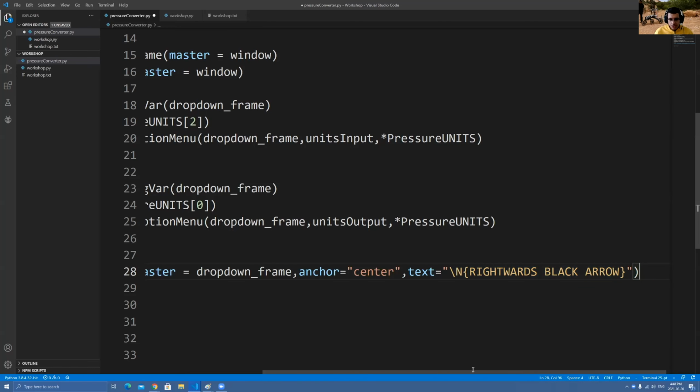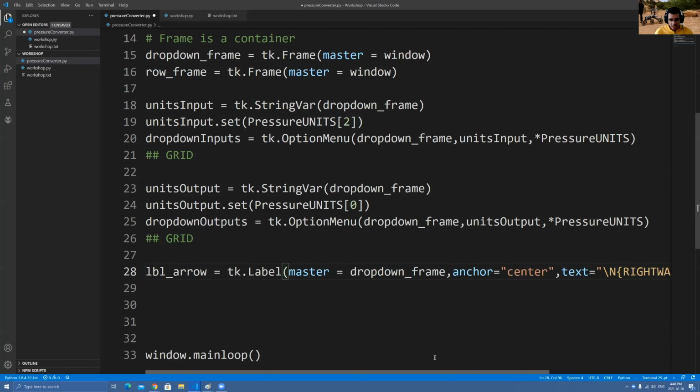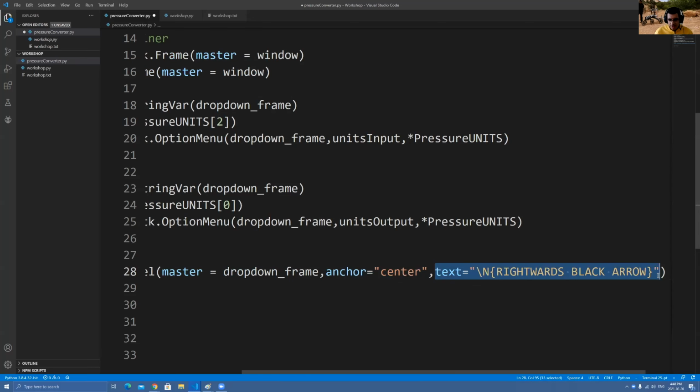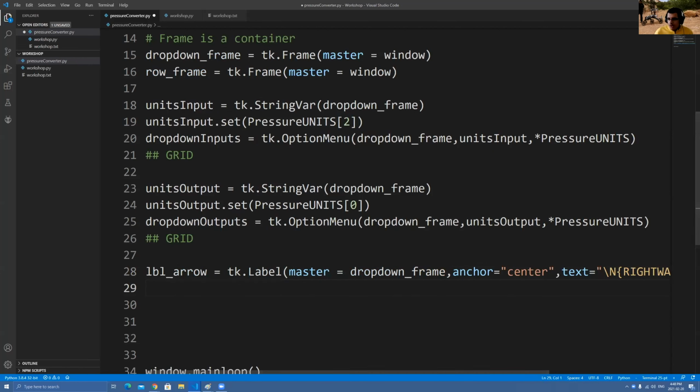So now these are the three things I need to give to the label. Where it's going to be put, I don't need to give this, but I gave it because I wanted to center it. And you also need to give it a text. So what's the label gonna be? What are you gonna put in it? I put an arrow. Okay. So now that I have that,